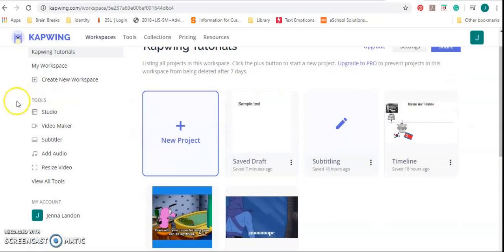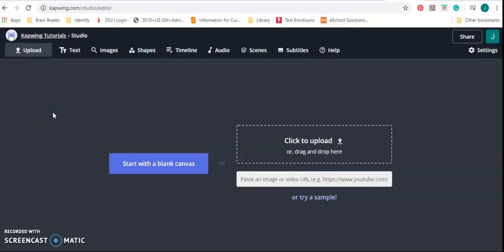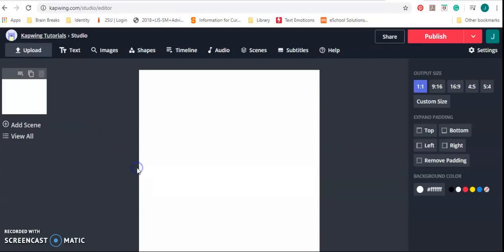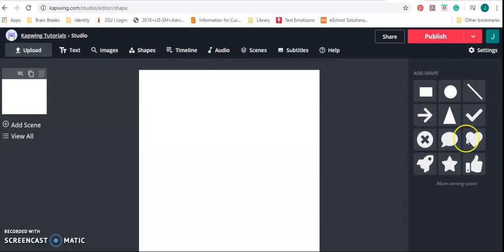You can see too along the side, there are tools. We're going to be mostly looking at Studio and Subtitler, but there are a lot more. Let me just take you on a brief tour of Studio. I'm going to start with a blank canvas. So you can see across the top things that we can add. You can upload videos or images, input text, upload or search for images. This is actually linked to Google search. There are shapes that you can input. And then various